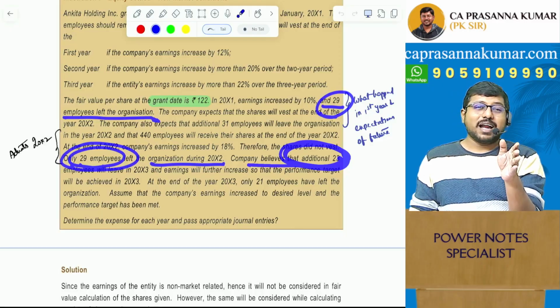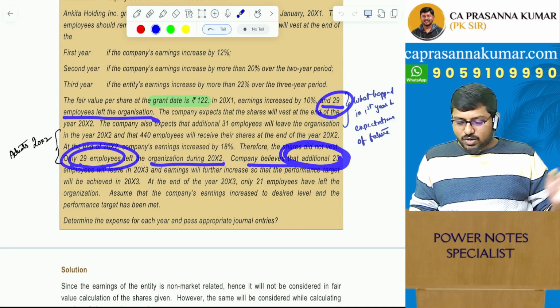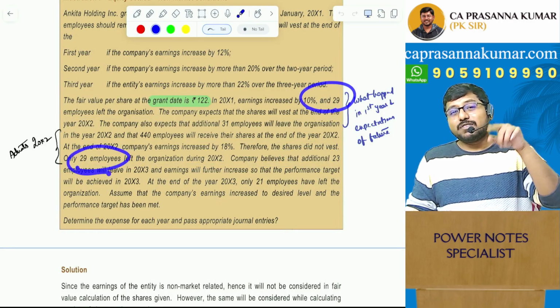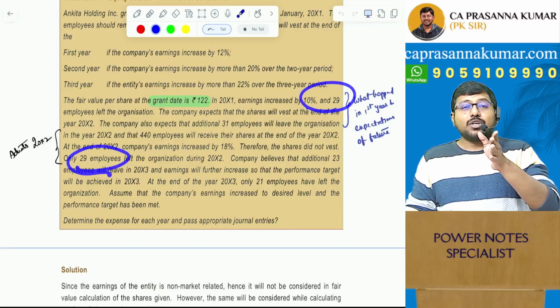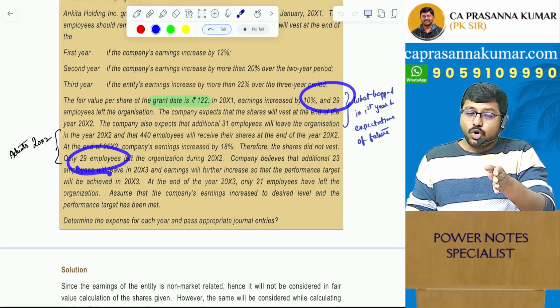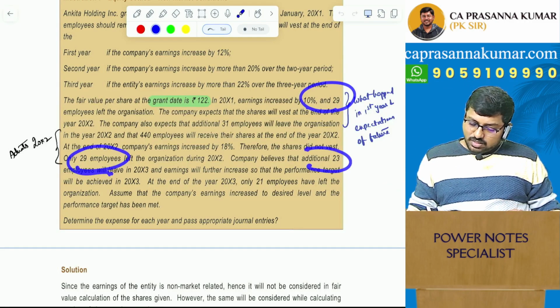Because you are standing at the end of year 2, you know the actual number of employees who have already left in year 1, which is 29. You also know the actual number of employees who have left in year 2, which is again 29. And because you know that options will get vested in year 3 and you're standing at the end of year 2, you should expect how many employees are going to leave your company in year 3, which is